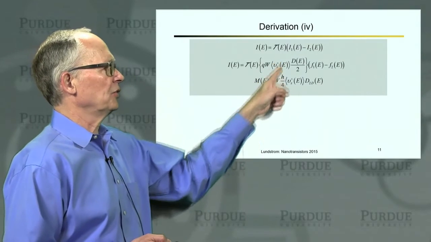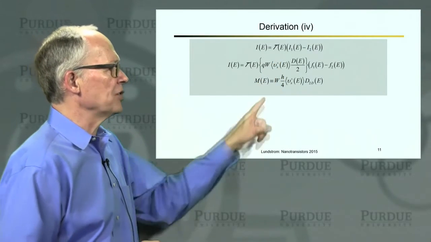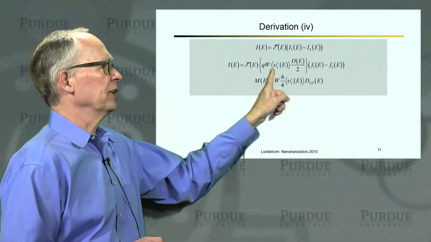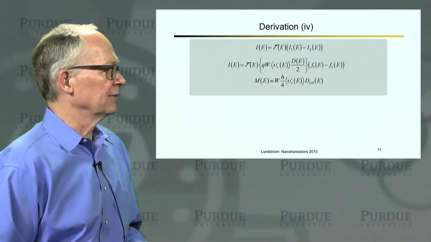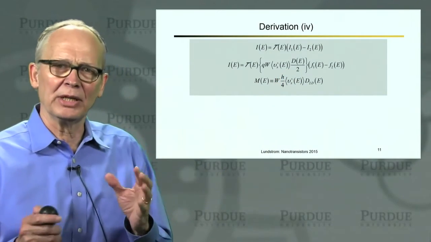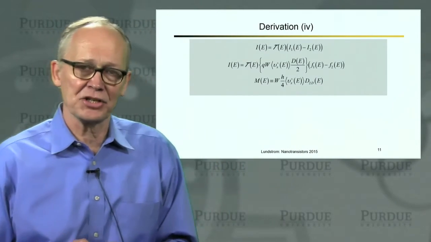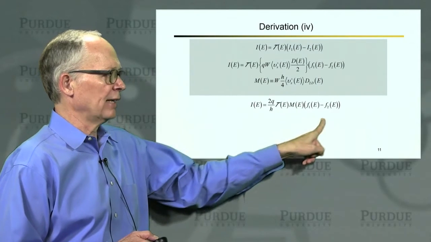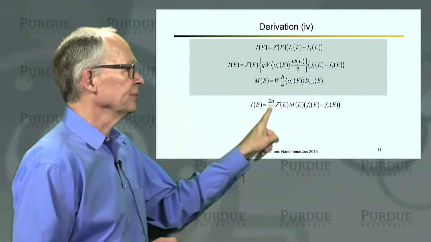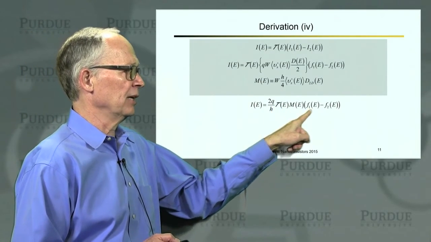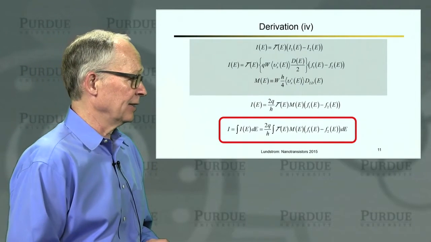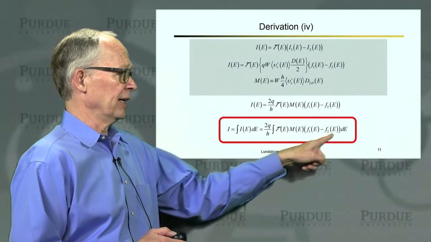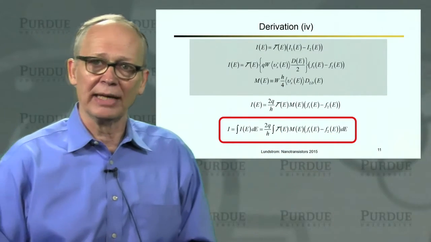Okay, so let's go back just a little bit so we can return to our derivation. This was the net current in terms of transmission and the two injected currents. We wrote the injected currents in terms of densities of states and velocities. We defined this new quantity we called the number of channels at that energy, or the number of modes. And then we can use that definition and write our current at any energy with this expression: some fundamental constants, transmission, number of channels, times the difference in the Fermi functions at that energy. If we want the total current, we have to add the contributions from all energies. So we have to integrate over energy, and we have derived our Landauer expression.